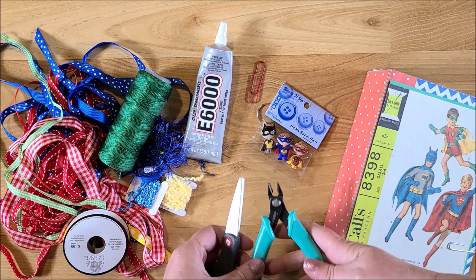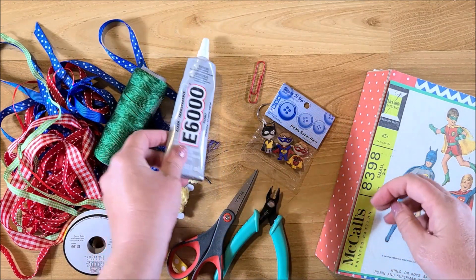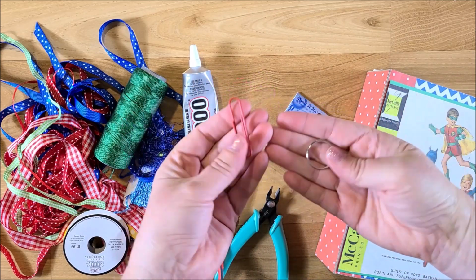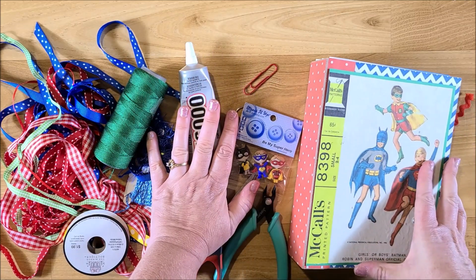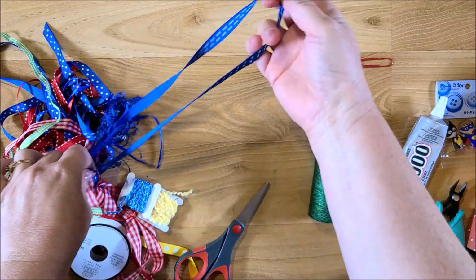I have scissors and wire cutters, and then my E6000. And then you need a paper clip. I have a big one here which I don't end up using. I brought out a smaller paper clip that I liked. And then you also need